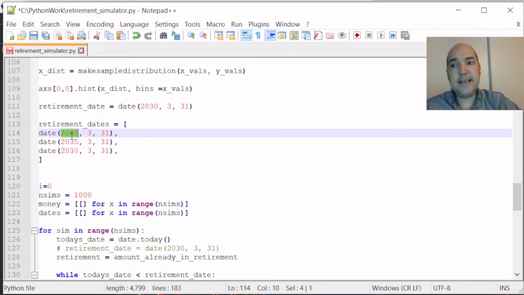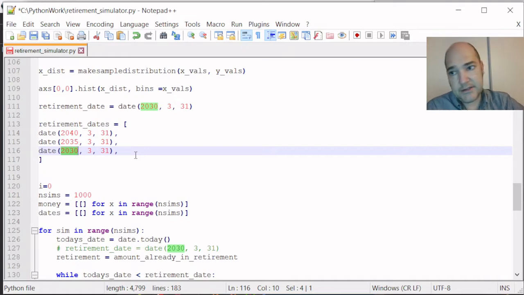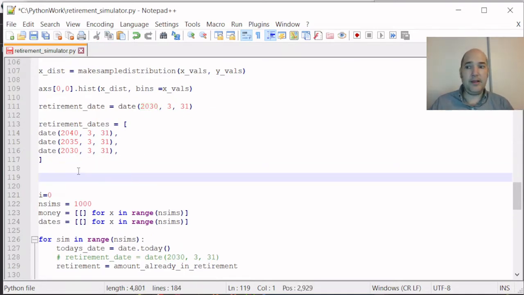Now, one thing I want to do, and again, I figured this out from trial and error, is put the latest date first, and then subsequently move to earlier dates, so that the last date in our simulation will be the one that we originally used. For plotting purposes, that'll end up making the plots work out much nicer. We're going to define some colors now to go along with each of these retirement dates so that everything is